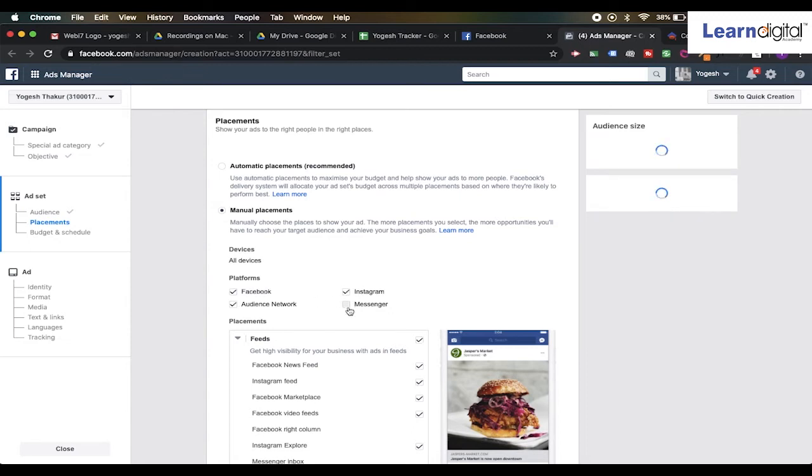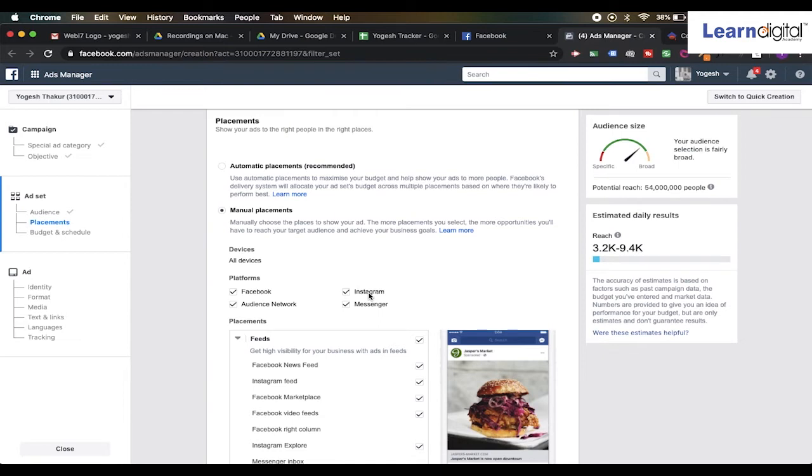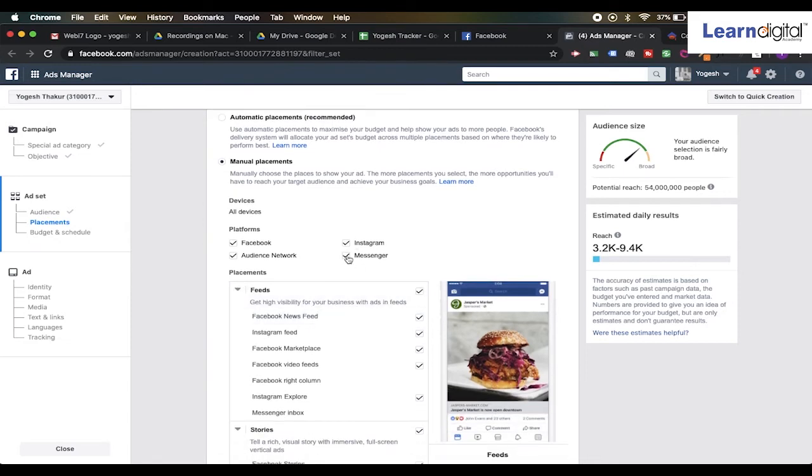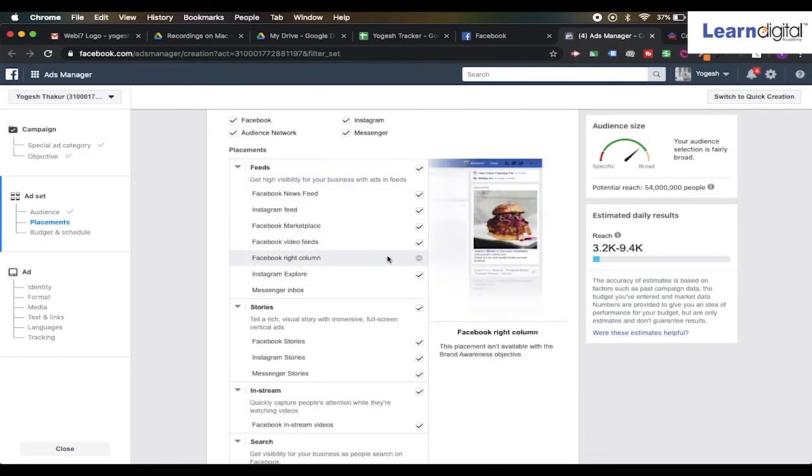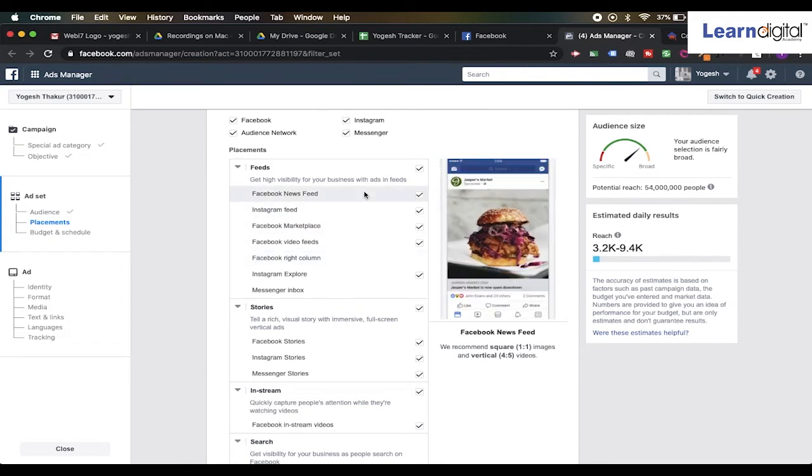Now let me explain one by one. Of course, Instagram, everybody knows what it means. I launch an ad from Facebook and it goes on to Instagram, or I can unselect everything and keep Instagram over here. Audience Network are the third party channels associated with Facebook. Maybe their websites or their apps show the advertisements which I am going to launch. Then comes Messenger. Directly into your message box, these advertisements will be displayed. Plus, now in the newsfeed, wherein all this will be displayed and how they are going to appear.